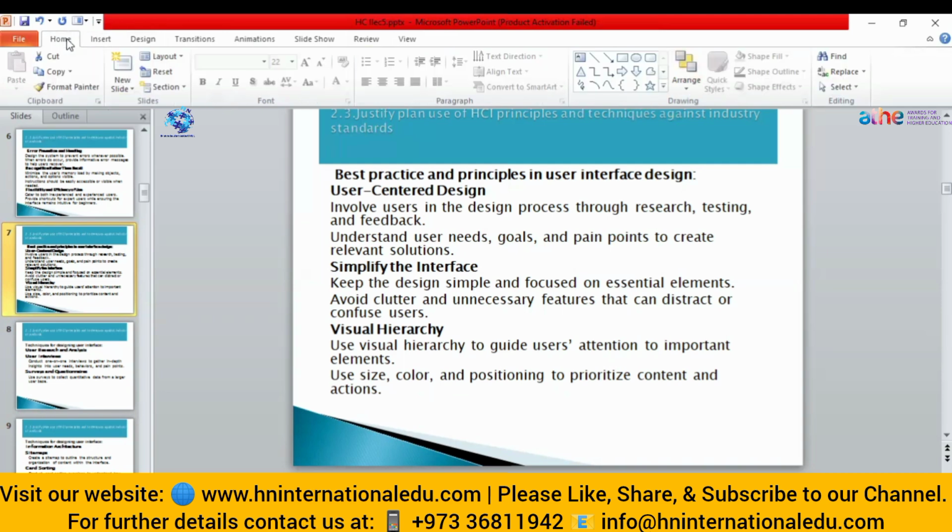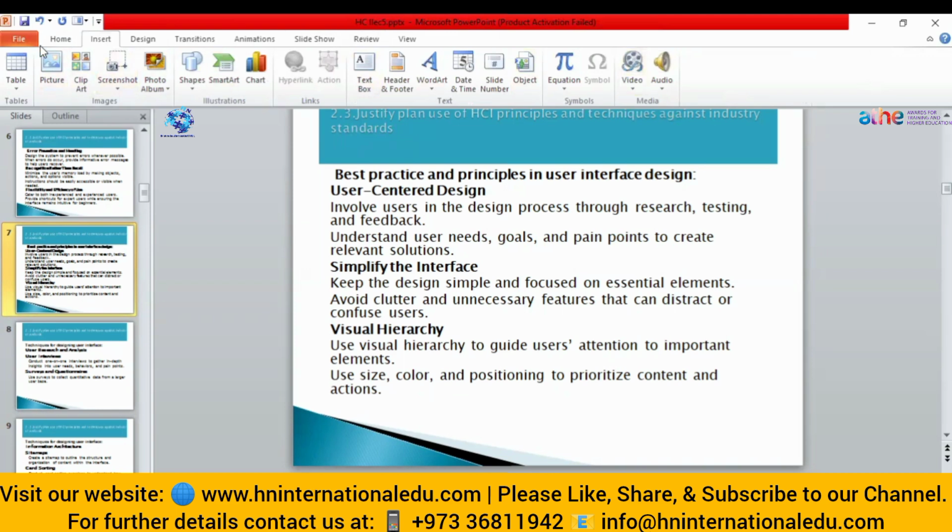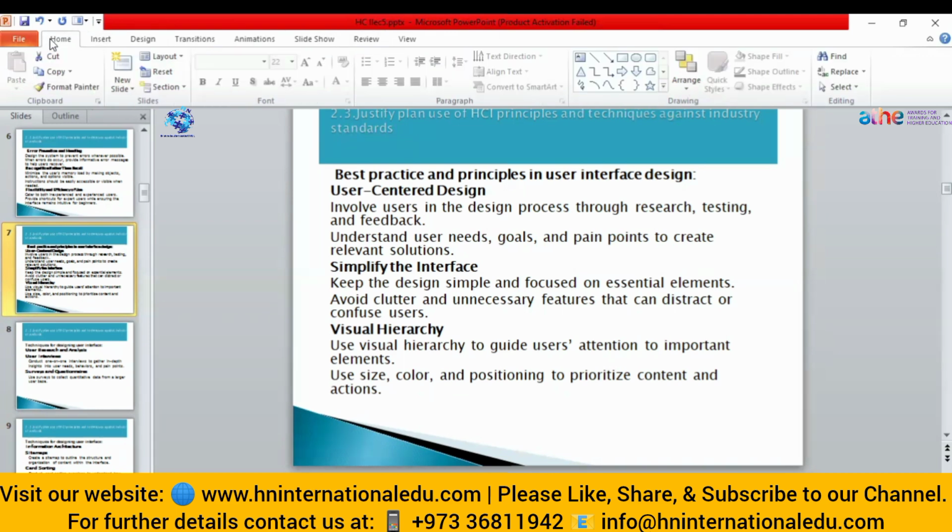Now let's suppose in this home tab, these things are also added in this tab, but what if we add all these things here too? Everything will be messed up. The user will not understand where to go and what to do. So for that purpose, you should simplify your interface. You should not add unnecessary features there. Like the user wants to copy a text, you also add paste this text here, some extra features that are not relevant to the user goal.